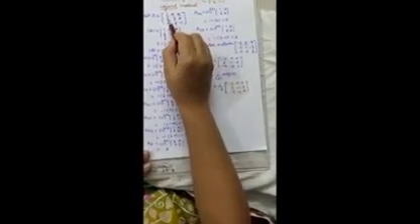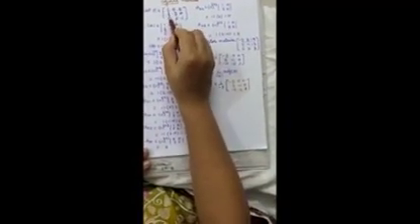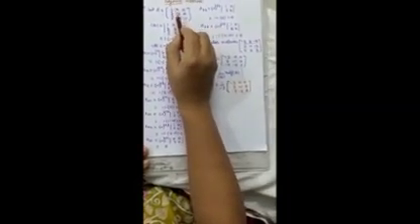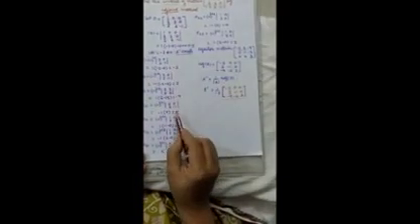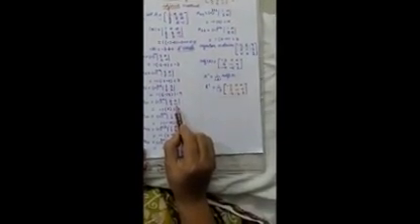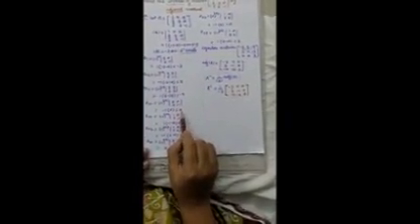Then cofactor of A21, see the position. A21 means this element. Find out the cofactor of this element by striking off this row, this column. What are the elements remaining? 0 0 2 minus 1. Same written here. The procedure is same. You can repeat for each and every element. Simplify the determinant. After simplification, this value will be 0.